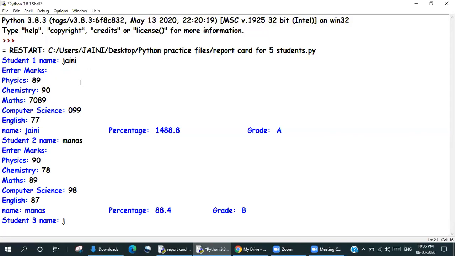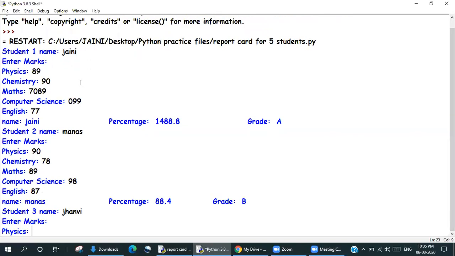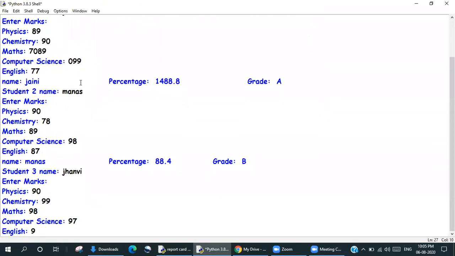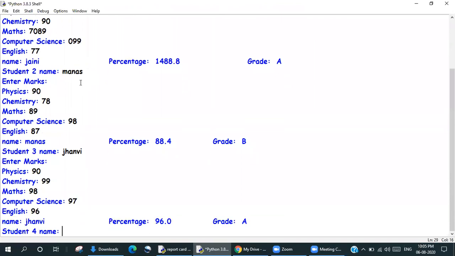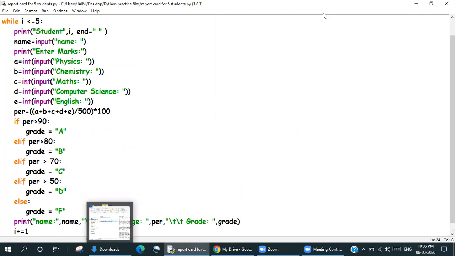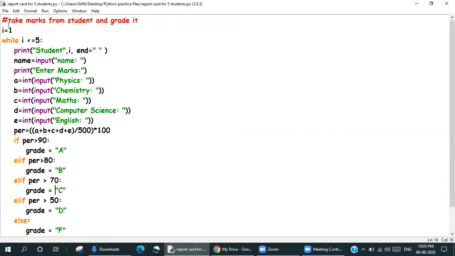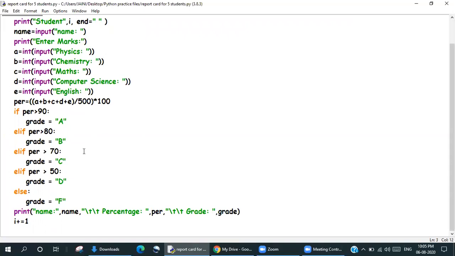And student 3. I still have student 4 and student 5 because I've written number 5 over there. Have you understood this? This is how I would use the while program. So I have shown you how I converted a simple program, and I can use both while and for loop to iterate a set of statements.